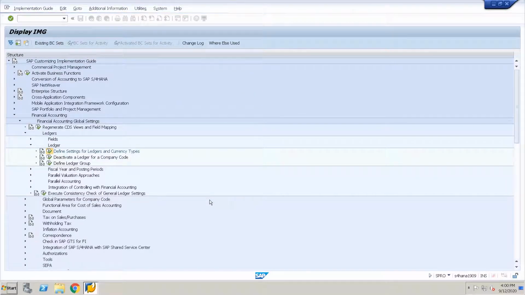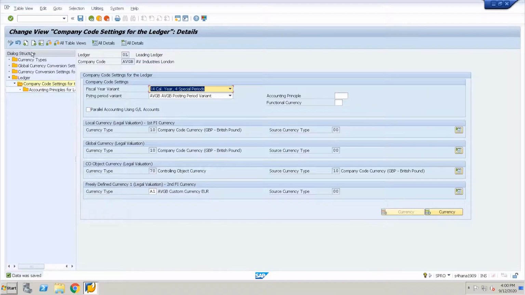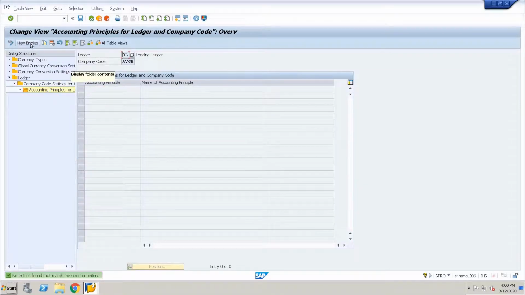So now we have defined a custom currency and we have assigned it to the leading ledger under the company code. So we should also assign the accounting principle. The major purpose of having different ledgers is parallel valuation, wherein we want to do reporting under various accounting principles. So for each ledger, we need to assign an accounting principle.